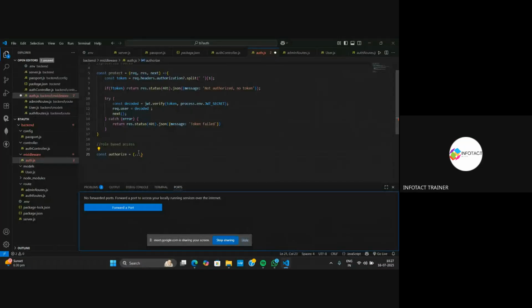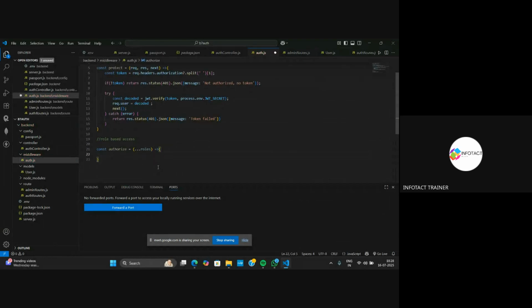So here we are using the rest operator in order to take the roles which are provided by the user. Ma'am, this is the spread operator or rest parameter. This is the rest operator. Okay, ma'am. So whichever role is provided by the user, it will take that, and then what will happen over here? It will return